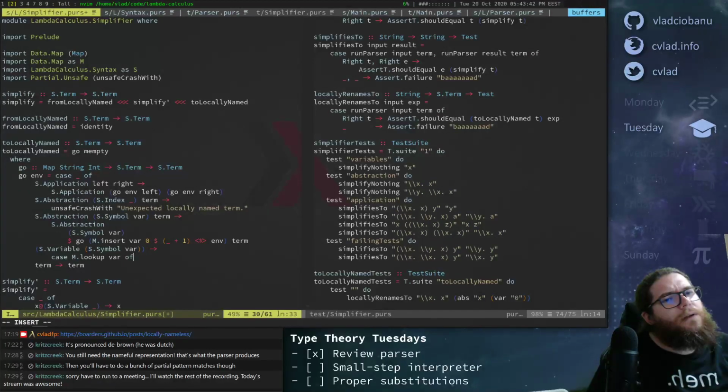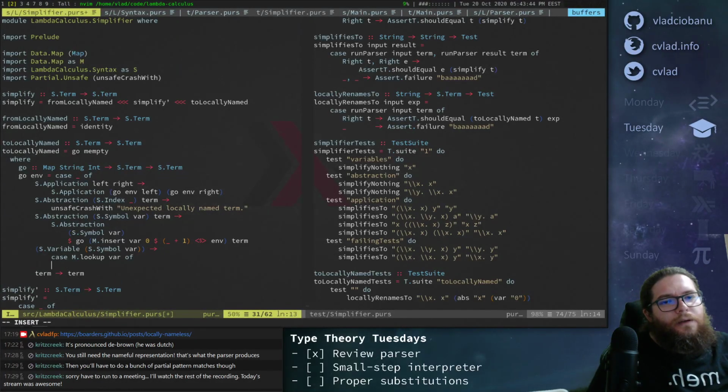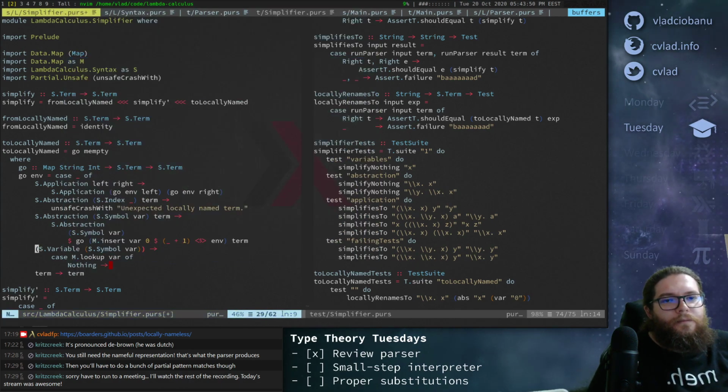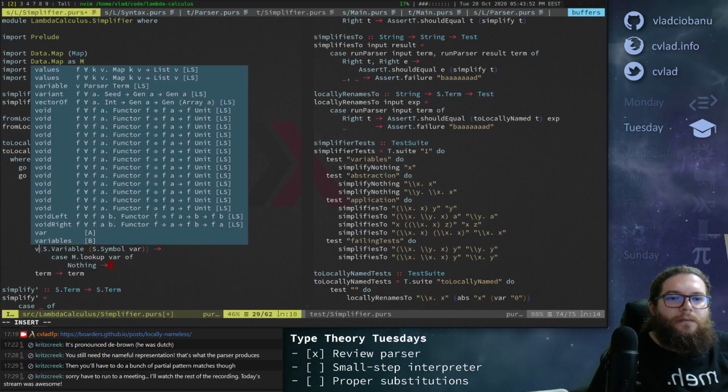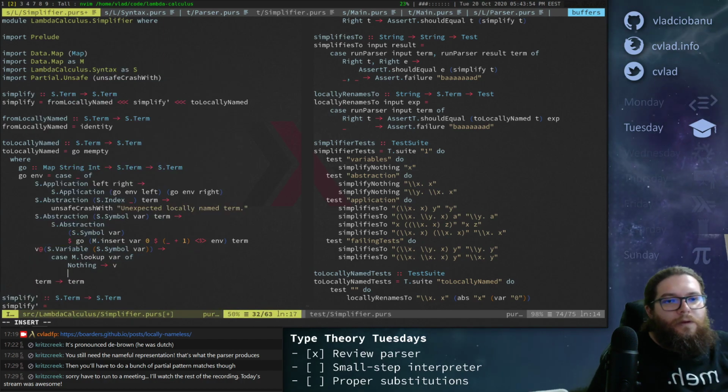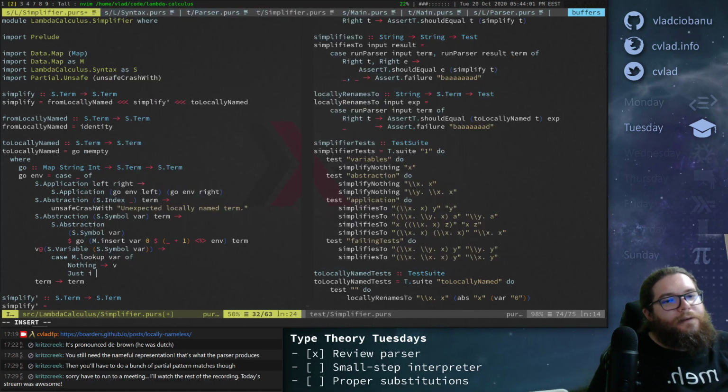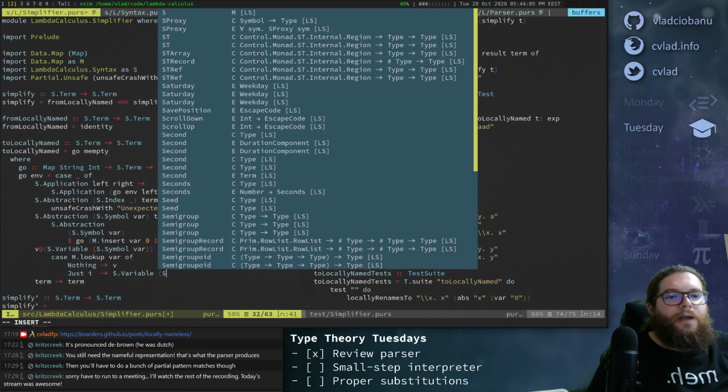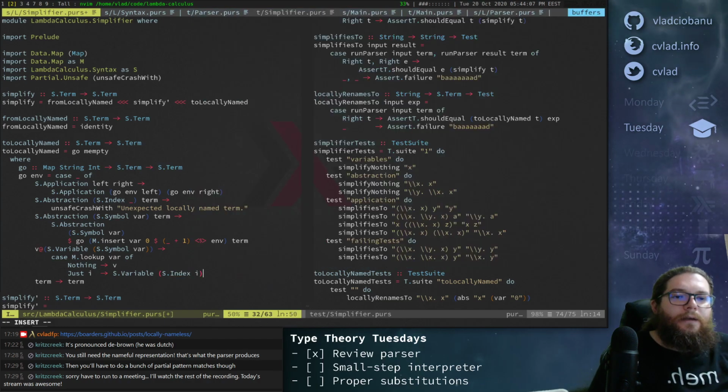If we find nothing, then we keep the same thing, just return v. And if we find some number n, or some index I, then the result should be s dot variable of s dot index I instead.